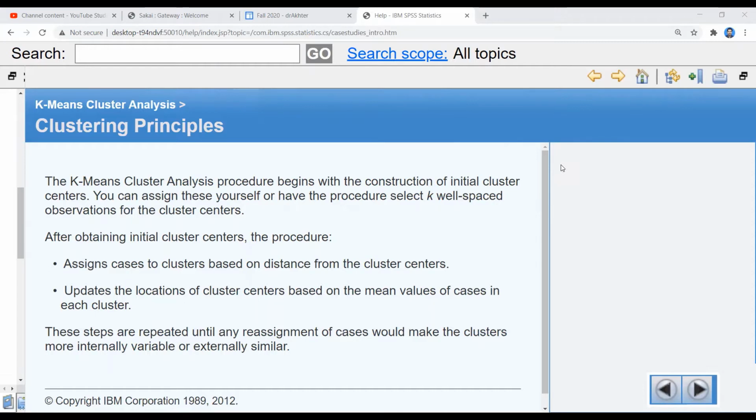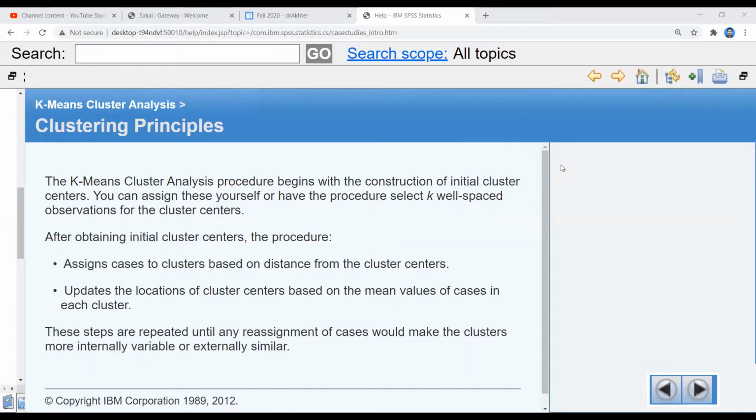So this technique is known as unsupervised learning. So cluster analysis needs distances to be calculated from the cluster centers. So how many clusters do you want to construct, and in how many clusters do you want to distribute the data? So that is an input. The user has to input how many clusters you want to make.